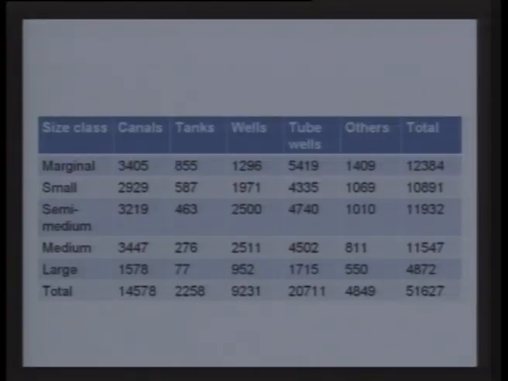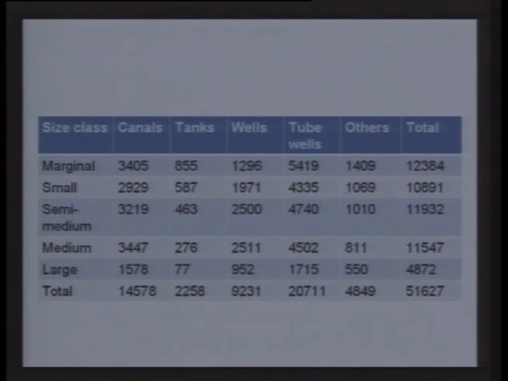However, the large farmers have access to the good source of irrigation available in the form of canals and tube wells, where the risk is less, and which helps in improving the productivity, whereas the marginal and small farmers